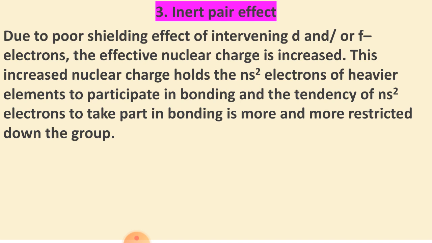One more question may arise: bismuth in +5 state is least stable. So again, here bismuth in +5 state is unstable due to the inert pair effect. In board examinations you can also use the term inert pair effect to write the answer. That means bismuth +5 is unstable due to the inert pair effect. So this type of answer you can put in your examinations. That's why the inert pair effect is more important for learning the p block elements.